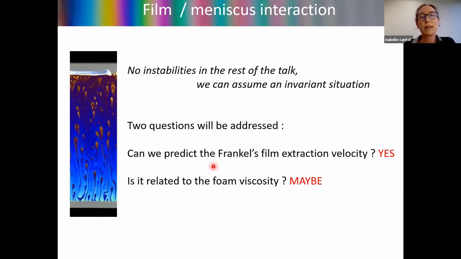Can we predict the velocity of extraction of the Frankel's films that you have seen in the first movie? And the answer will be yes. And is it related to the foam viscosity at the sample scale? And the answer will be maybe. And about the instabilities you saw, it was just a teaser, and there will be no instability in the rest